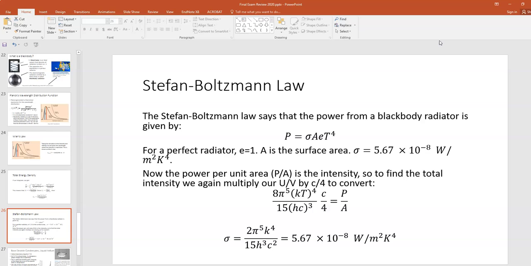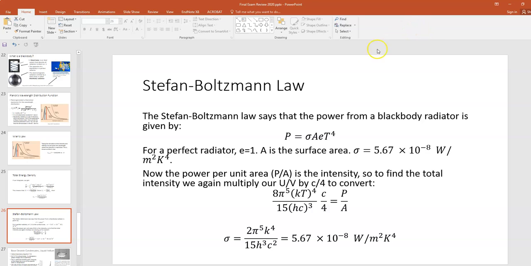Now, the emissivity e is a measure of how good of a black body radiator something is. If it's a perfect reflector like a spherical mirror, e would be equal to 0. It's not a good black body. But for a black box with a little pinhole in it, it would be a perfect black body, and e would be equal to 1. And so if you play around with this expression, you can solve and show from the energy density expression that I showed you on the previous slide that you can predict what sigma is in the Stefan-Boltzmann